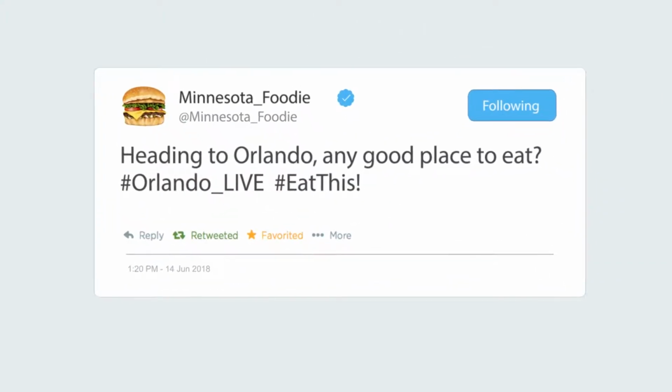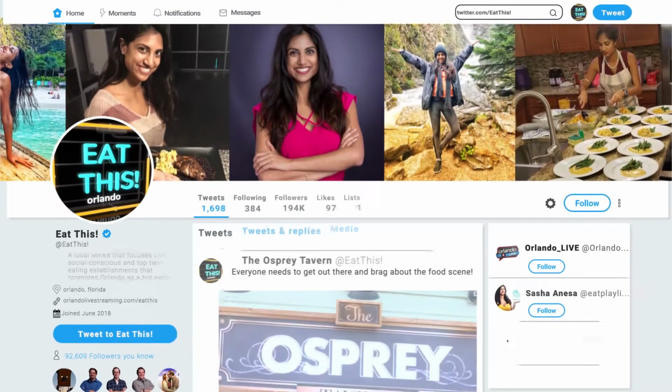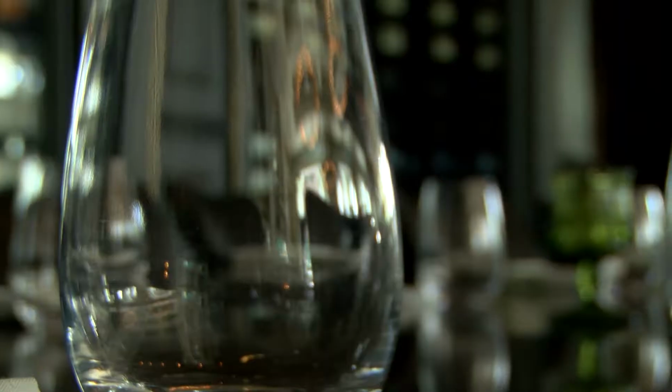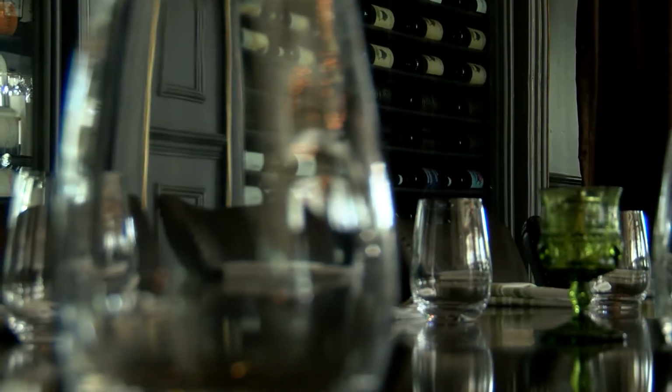You might have heard that Orlando doesn't have a lot to offer when it comes to food. As a chef and an avid traveler, I beg to differ. So we're at Osprey Tavern, and I'm very excited to be here because this is not the only restaurant you guys have. That's one of three. There's also one across the street, and